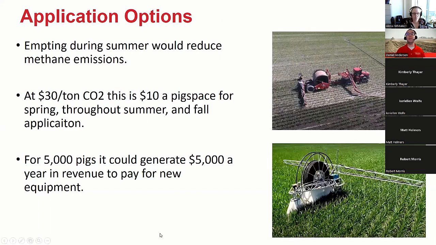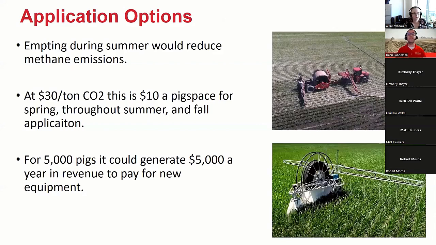And if you start thinking about what that means on a 5,000 head pig farm, if I'm getting $10 a pig space, I have a typo here, rather than being 5,000 a year, I could generate potentially $50,000 a year in carbon credit revenue to help pay for this piece of equipment. And especially with something like the Rain 360, where that piece of equipment is probably in the $200,000 to $250,000 range. I will need to buy a few other things, pumps, hoses, to get that manure there. All of a sudden, we're starting to say, well, that might support us to really help buy that equipment. We don't need better yield. We don't need improvements in nitrogen loss, both of which I think we could get.